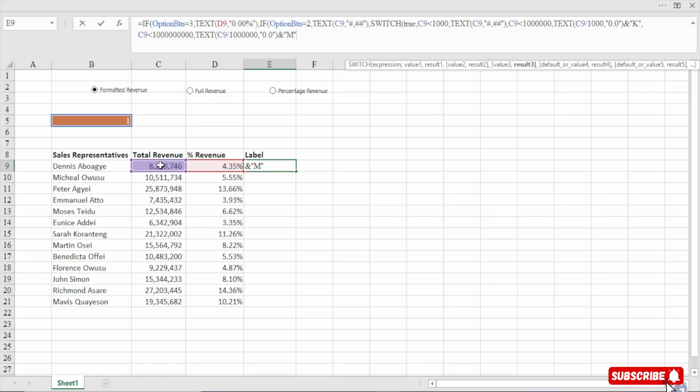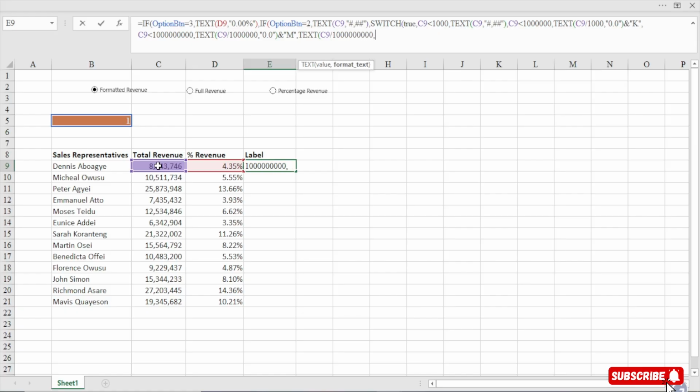So that is that. And then we are going to see default value. I think we have to close this. So we are writing the last one. If it is billion, then we are going to say text, and then the value is this C9 divided by 1 billion, so the zeros should be 9, 1, 2, 3, 1, 2, 3, 1, 2, 3.